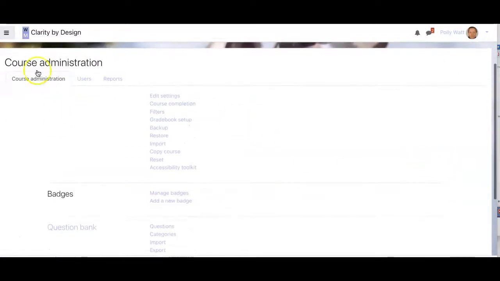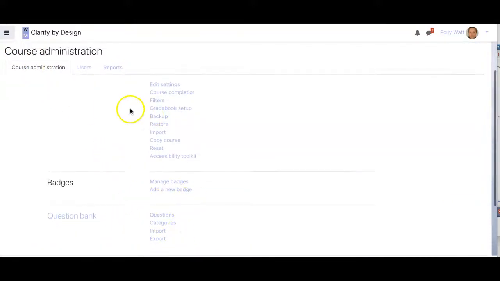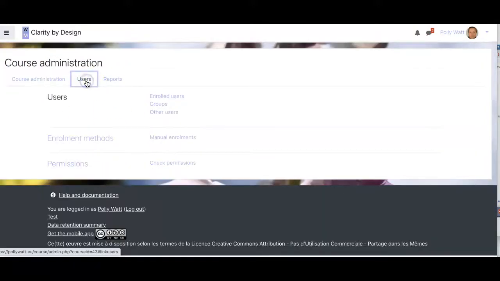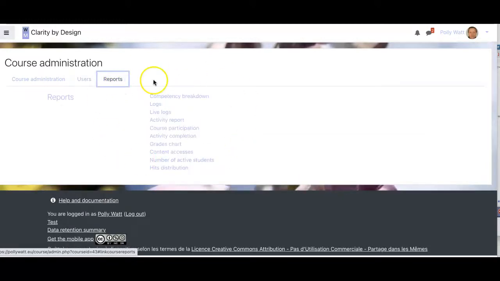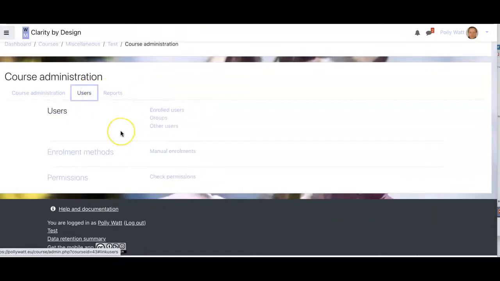Under More, you have three elements. You have course administration, so this is where you'll find your question bank when the time comes. You find users and you find reports, so this is where you get breakdowns of what's happening with your users, etc. But today we're going to look at users. Under users, you have the people who are enrolled in the course, and we are going to make some